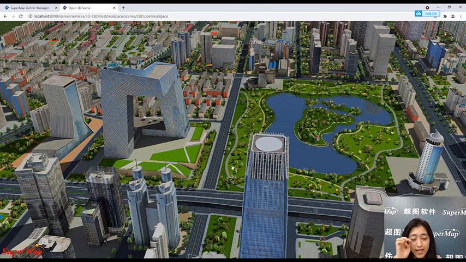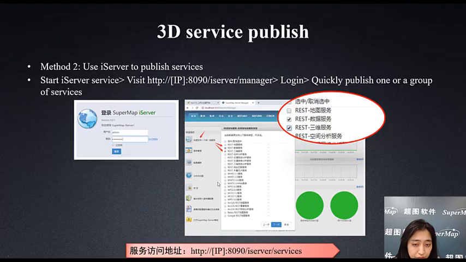Okay, and then let's come back to the PowerPoint. Okay, that is